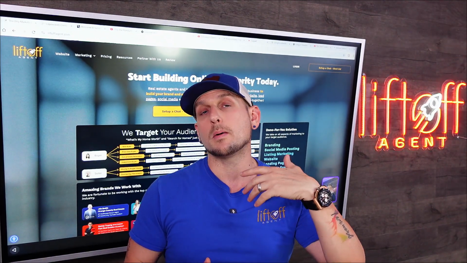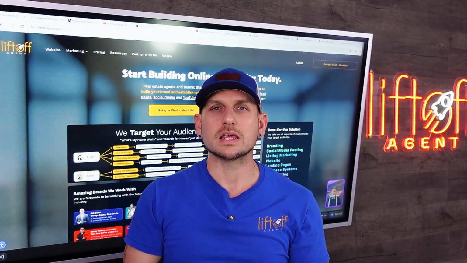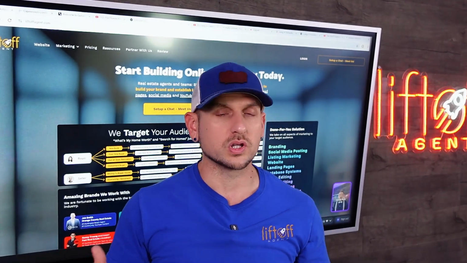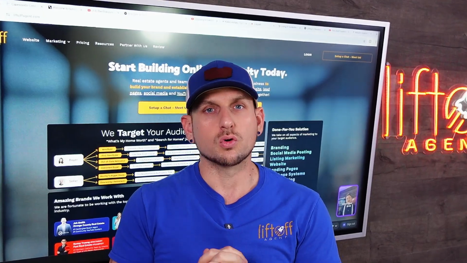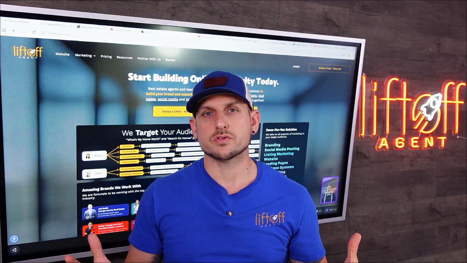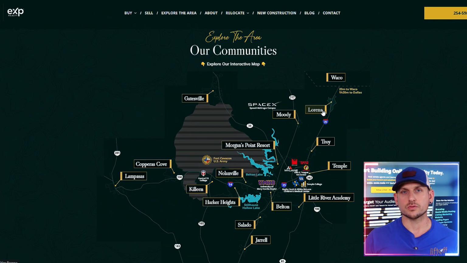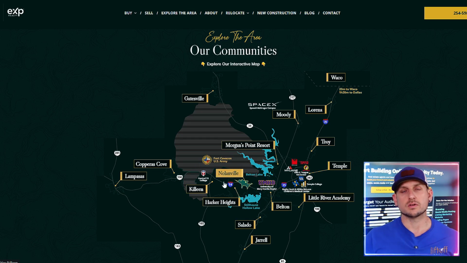And maybe they're thinking about buying in one area that you serve, but then they want to move across town because they can get more bang for their buck. Or maybe it's closer to a school that they really want their child to go to, or maybe it's closer to the airport or freeways. It could be lots of different things. But if you have a map that helps them explore the areas that you serve, that could be something that you could do intentionally to have maps and guides and additional information for them to check out.